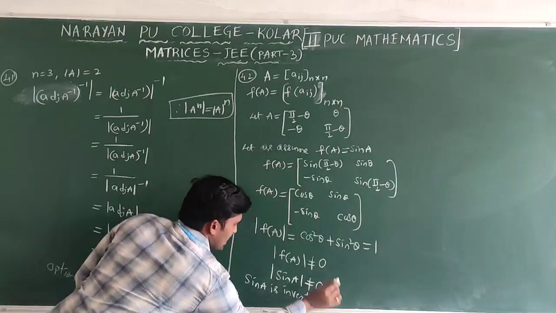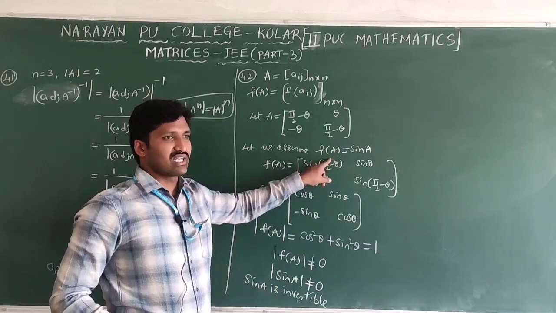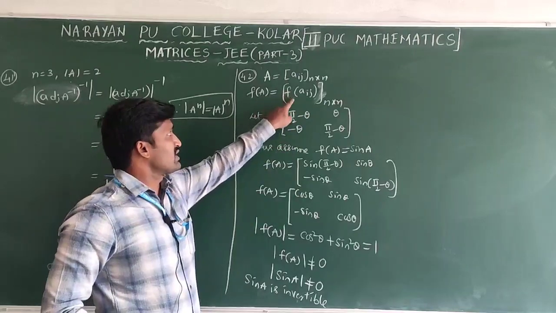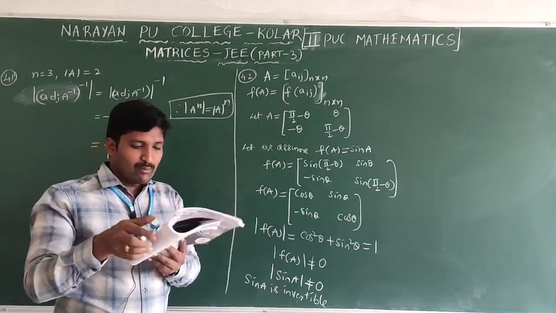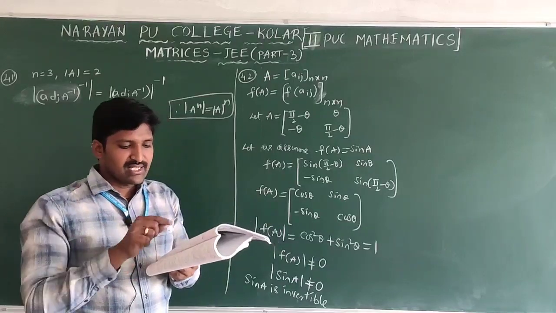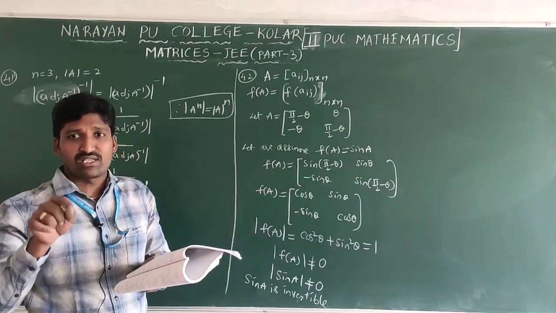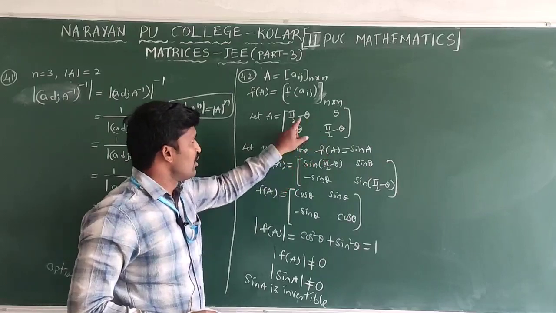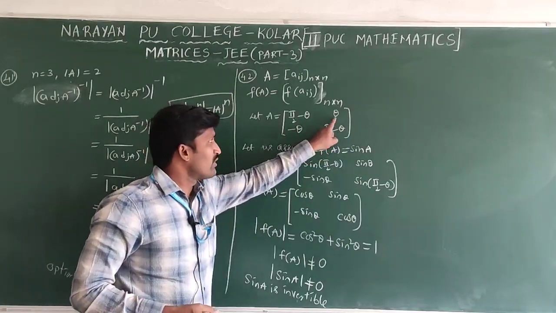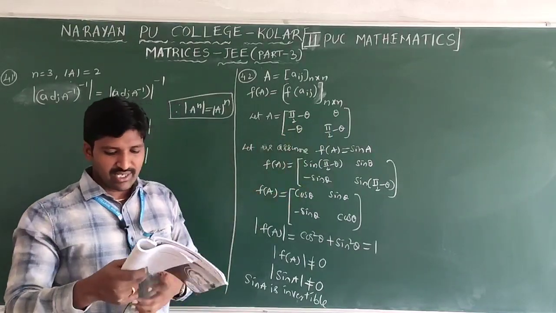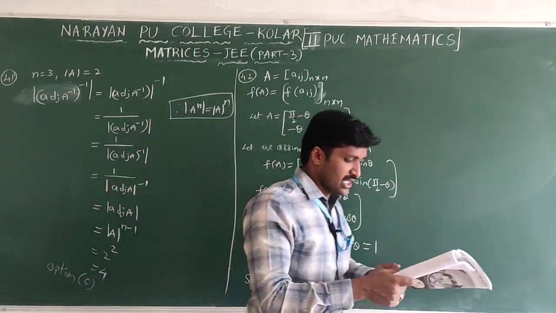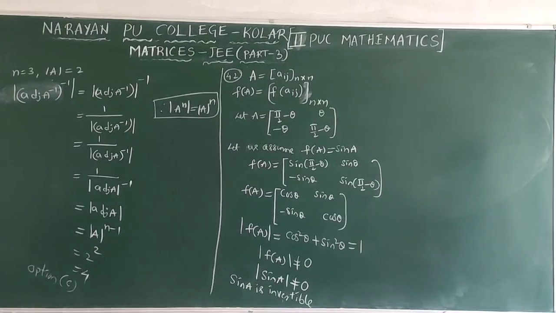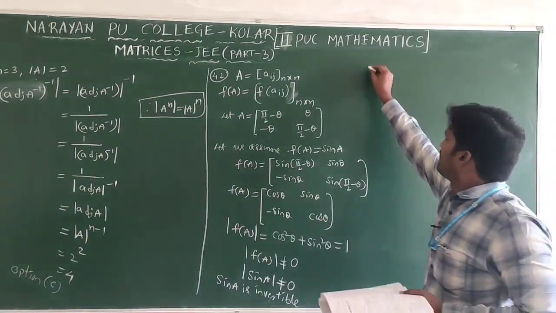And this is also satisfying the function condition. What? F of A is an n by n condition. That's why I have not taken the first option. The reason I have given already: the sin A equal to cos A condition is not satisfying for all elements. For these two it will satisfy, but for these two elements it is not satisfying. That's why, which option is correct? Option B is the correct one. What is option B? Sin A is invertible.